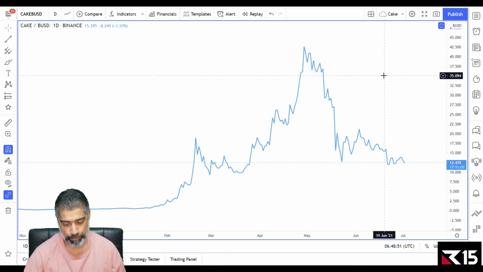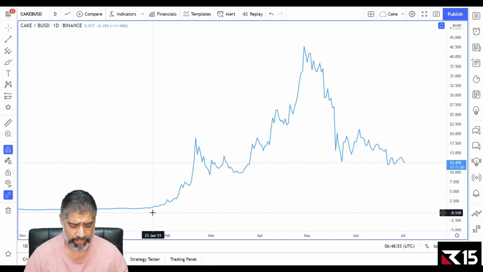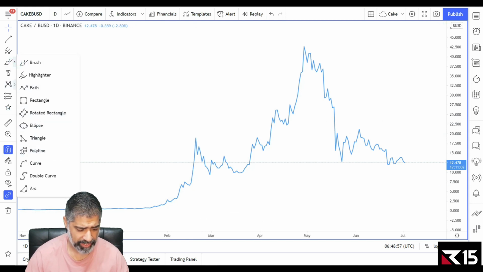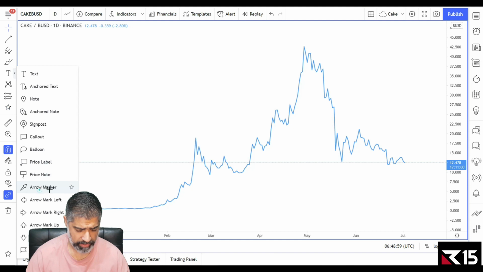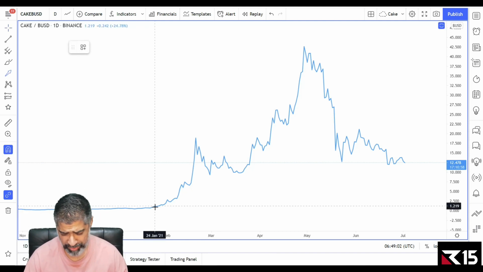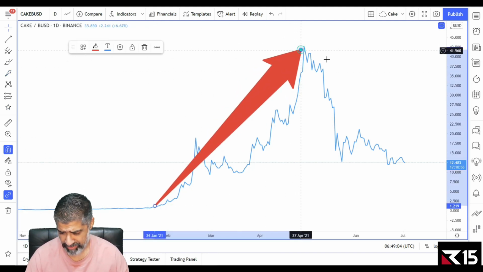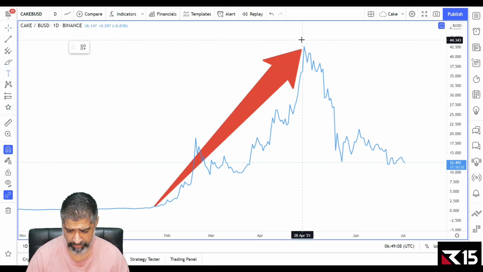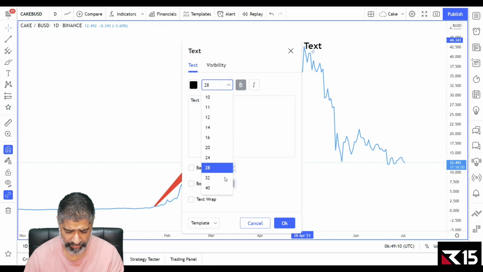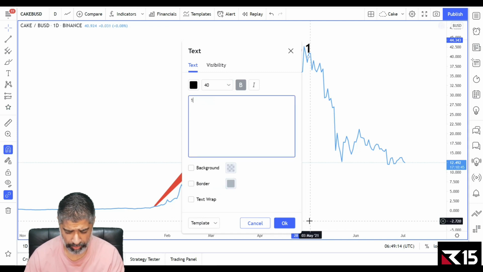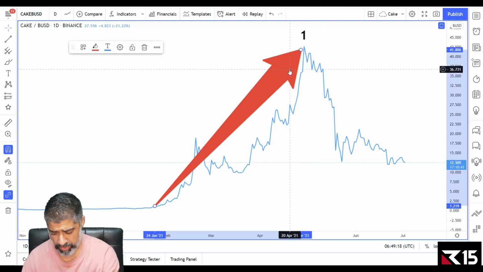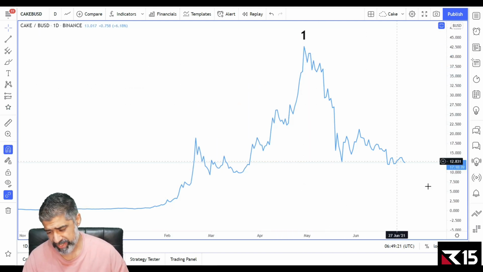So we can look at PancakeSwap and look at this. We do a couple of counts, but the main thing I want to focus on is this. We'll keep it nice and simple, nice and clean, because simplicity is best. Leonardo da Vinci said it's the ultimate sophistication. So let's apply that. We've got this nice move up, right? And what we want to do is say, right, this is looking like a nice wave one on a macro degree level, right? Macro meaning the bigger picture, the biggest count we can get with the information that's available. We go, great. And now we've got this move to the downside.